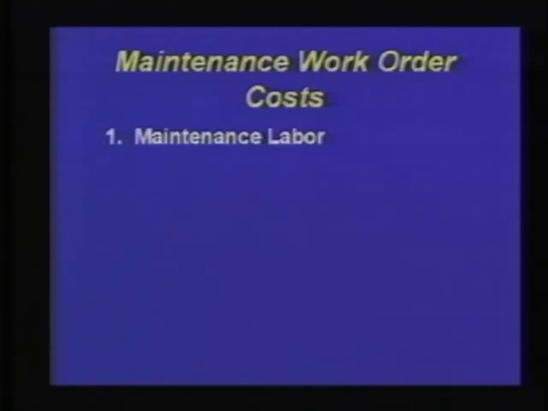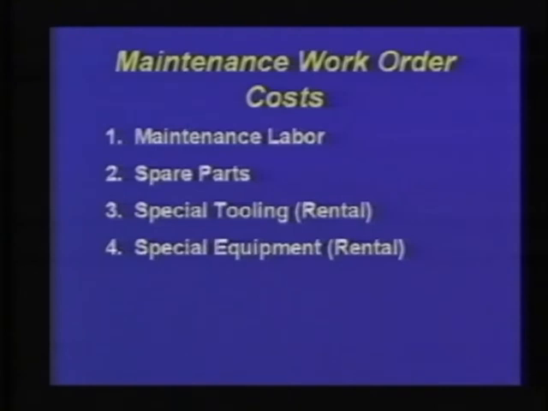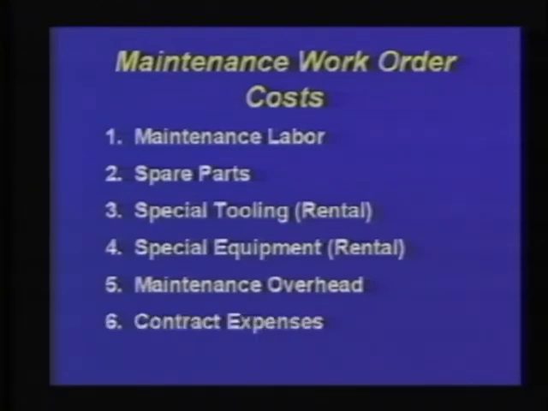And item 1 is the maintenance labor. Item 2 is the spare parts that are used by the work order. 3, any tooling, and 4, equipment that may have to be rented for a particular work order. And 5, here is where we identify the maintenance overhead, and some work orders may require contract expenses, and item